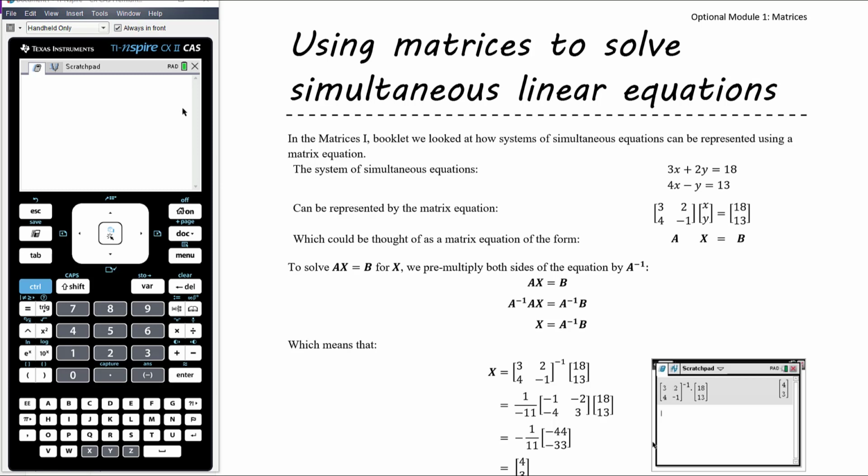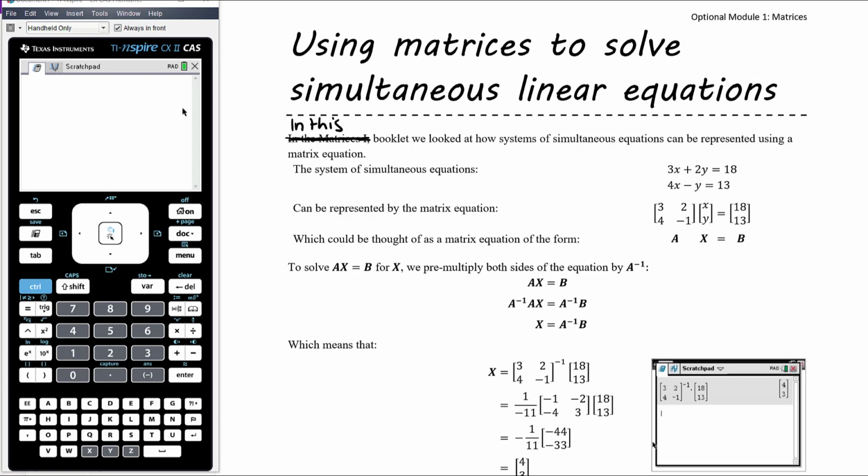Okay, so now we want to take our matrix equation solving skills a step further and apply them to simultaneous linear equations. Previously, and in the notes here it says in the Matrices 1 booklet, but actually I now give you just one booklet. So earlier in this booklet, sorry I should say, we looked at how we can represent a system of simultaneous equations